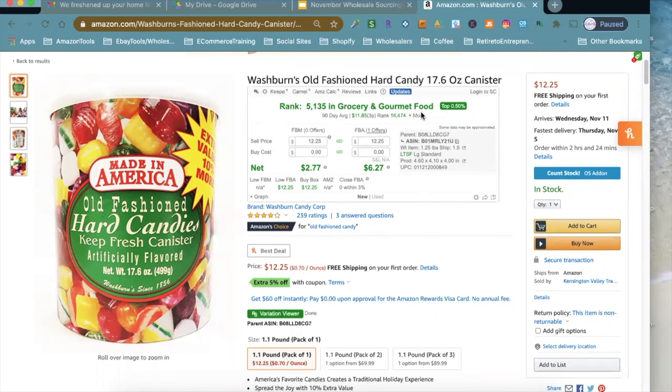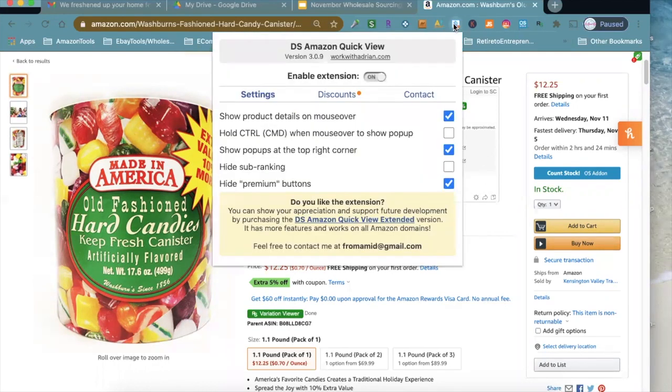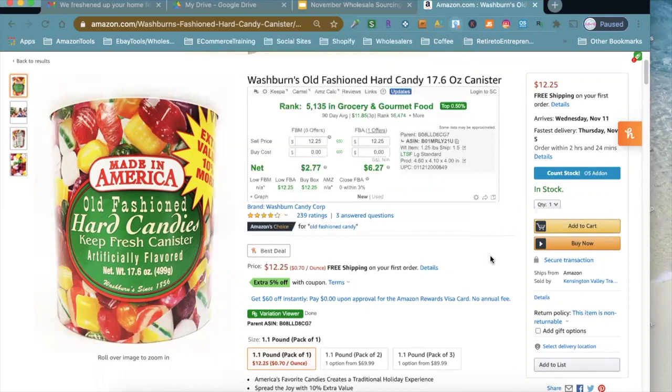And this tool is called RevSeller. So that's 2 tools already that I've showed you. The first one is called DS Amazon Quick View, and this one is called RevSeller. DS Amazon Quick View is free. RevSeller is paid, but again, I like to use tools to give me the information.